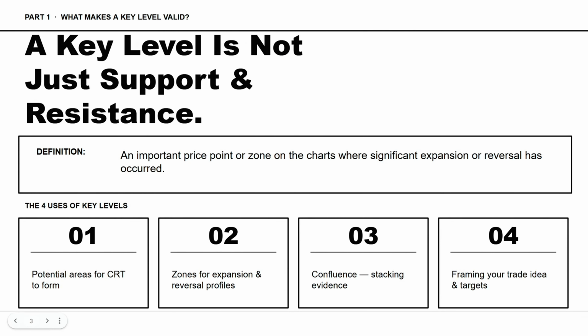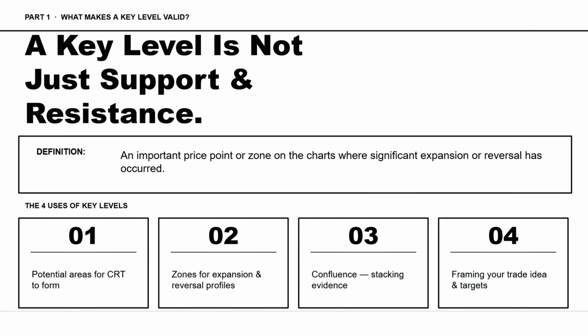A key level is an important price point or zone where significant expansion or reversal has occurred in the past. That's the only definition that matters. Not every support and resistance level is a key level. Not every previous high or low is a key level. A key level is where the market made a significant move, usually a sweep of liquidity, followed by a strong